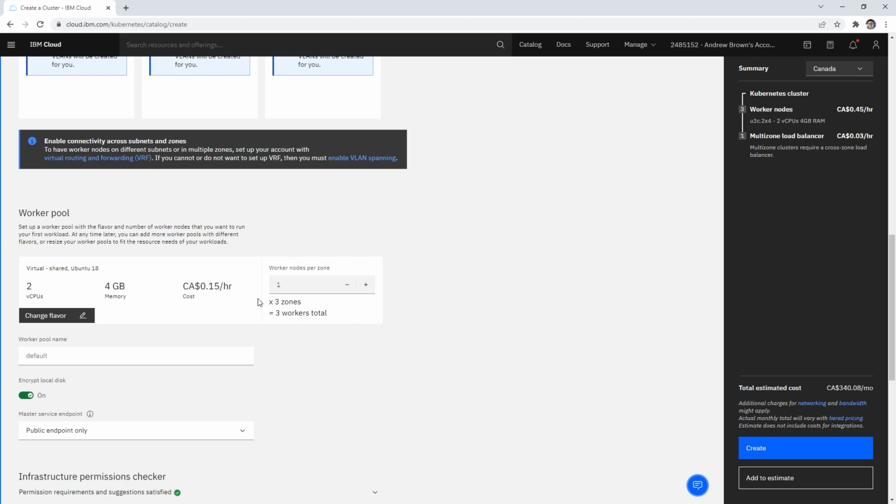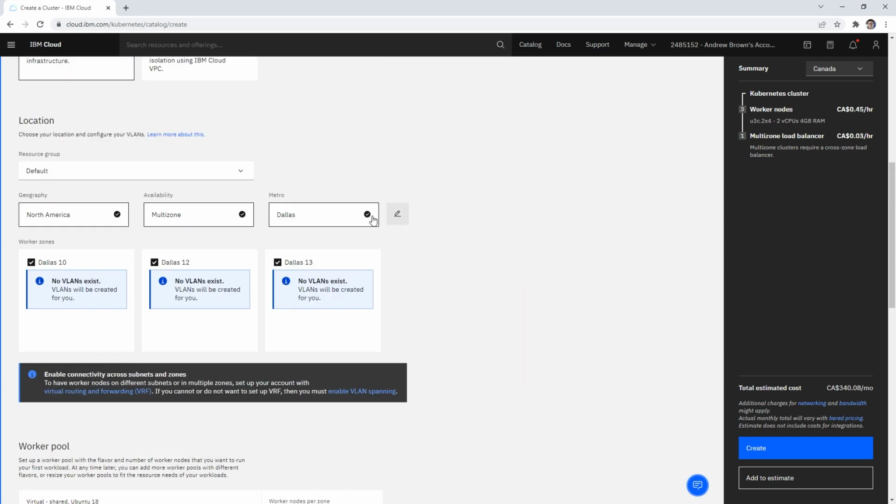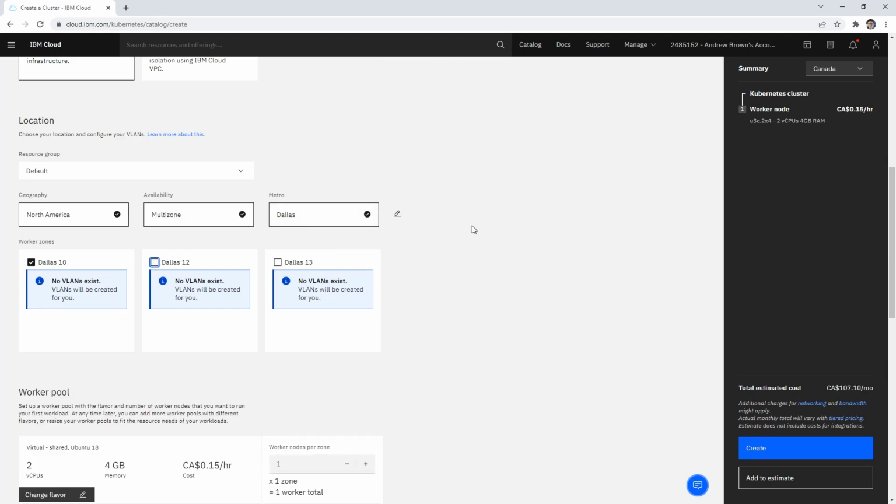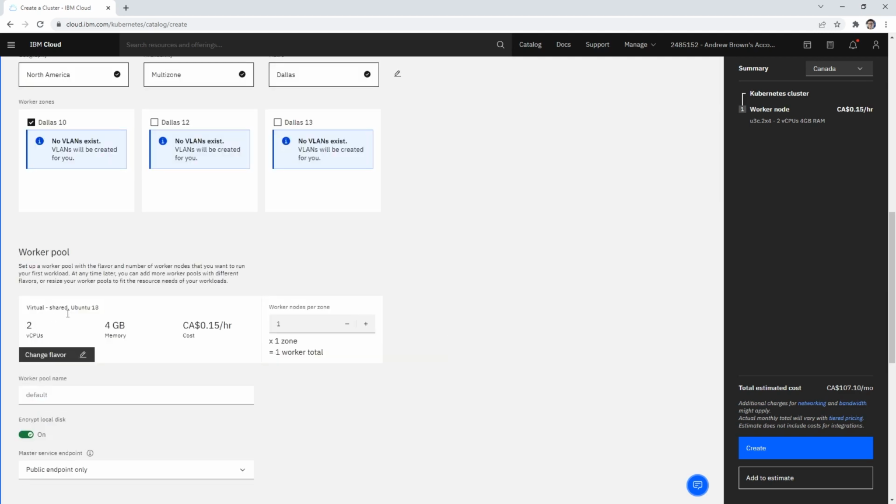But hold on here. Let's take a look. So this is 15 cents here. It still says 3 workers, 3 zones. Okay, so that's the reason why it's so darn expensive. So if we were to reduce the amount of zones, there we go. Okay, so that looks a lot more reasonable. So this says $100, and I guess that actually is pretty cost effective. So like if we had a 2